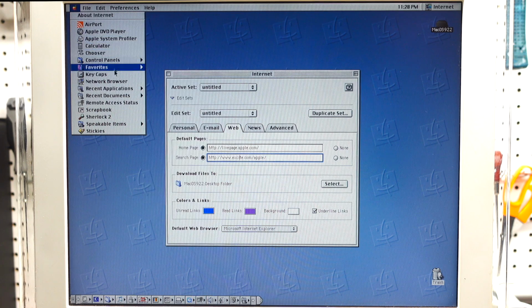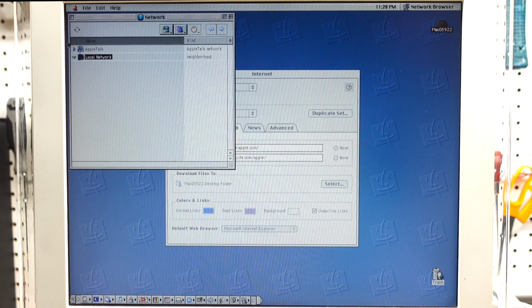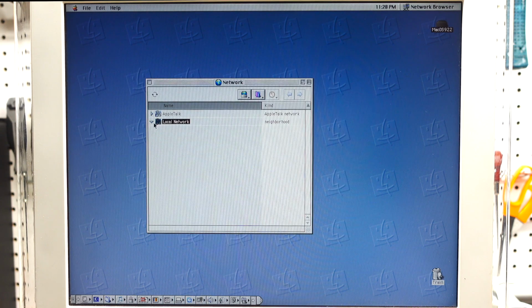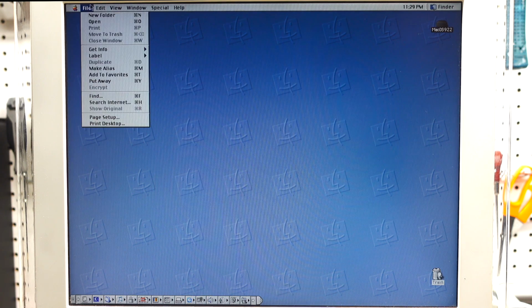Well, let's go to network browser to see if it recognizes any of the computers on the network. So I do have a few Macs, some Windows machines, and a few other things on here, but let's just see if any of them pop up here. I'm not expecting anything. Two items, AppleTalk Network. Okay, yeah, nothing. Not unexpected. But now let's take a look at